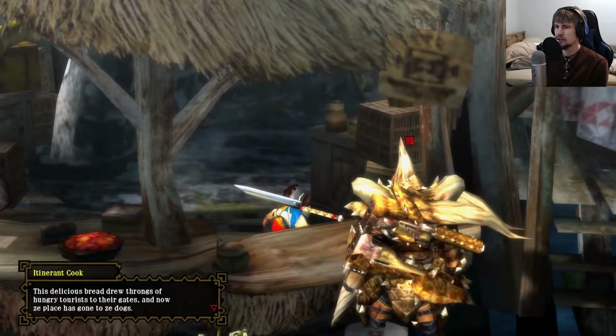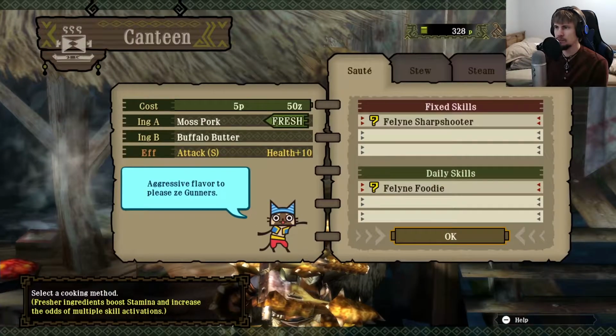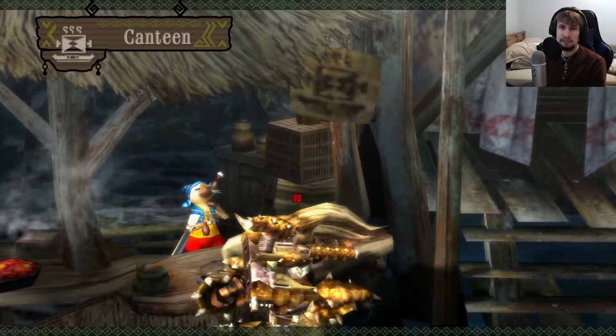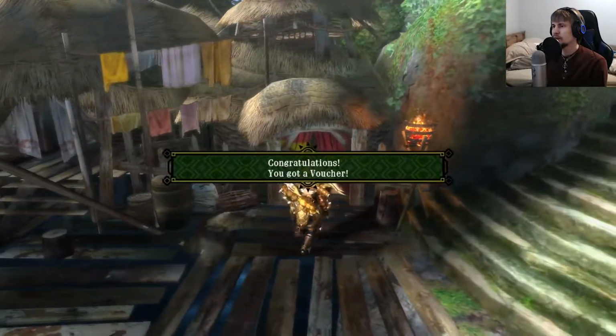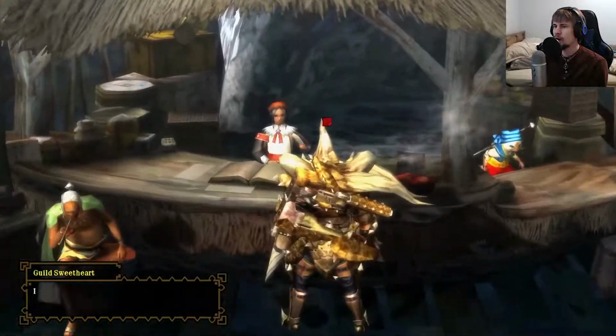So let's just enjoy a bit of something to eat. That and that, because that can give us the temper, which we like. And temper is the same as it is in the modern entries. It boosts all bowgun damage for a trade-off of some precision loss. And glad... Oh, we can put that away. Oh, shoot. I actually need to go back into our...